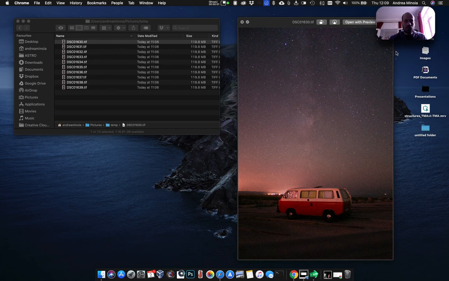Hi, in this video we'll show you how to stack starry landscape images with Sequator. Sequator is an astrophotography stacker that is available for Windows, and this is the image we are going to stack. This image was taken with a compact camera, a Sony RX100 Mark II, from a fixed tripod,